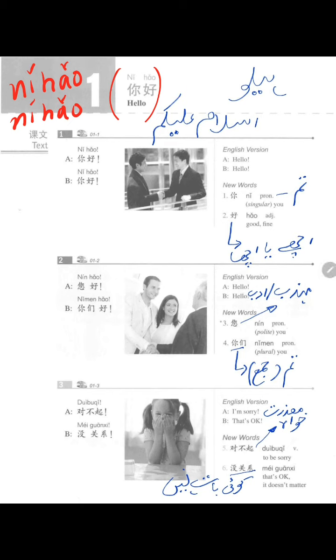Let me tell you that there are different tone marks in Chinese language, which we represent with different signs. So I'll just tell you that this is first tone, flat tone. This is second tone, rising tone, and this one is third tone, and this one is fourth tone. So these are tone marks, these are signs which help us with how we are going to